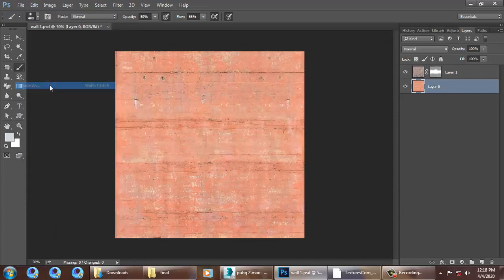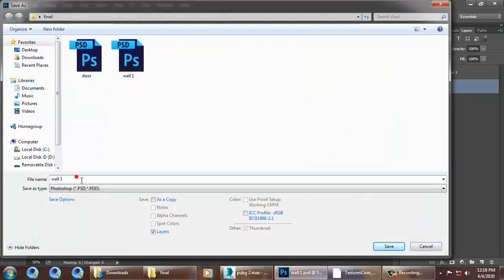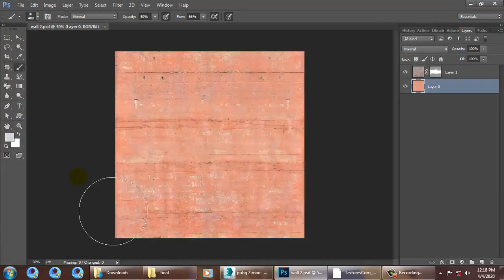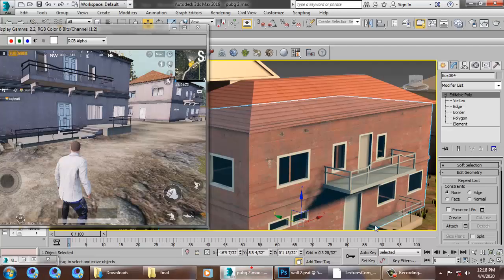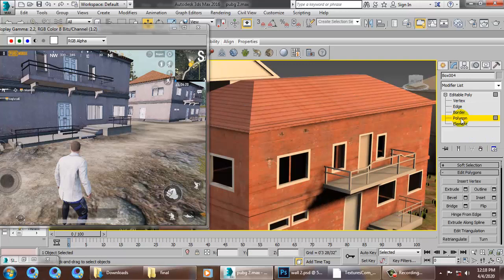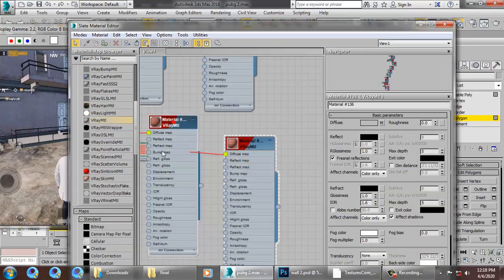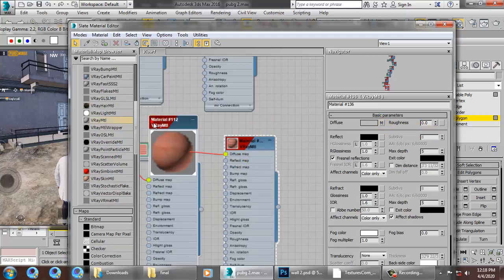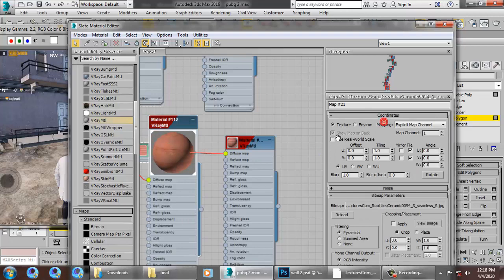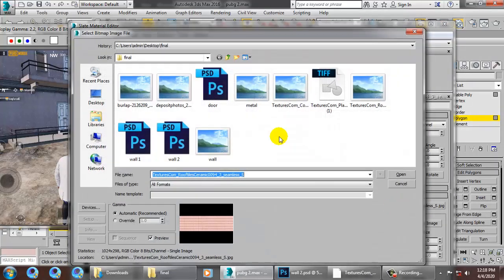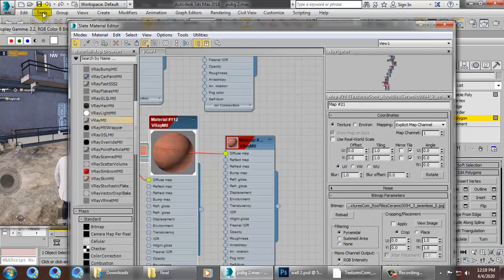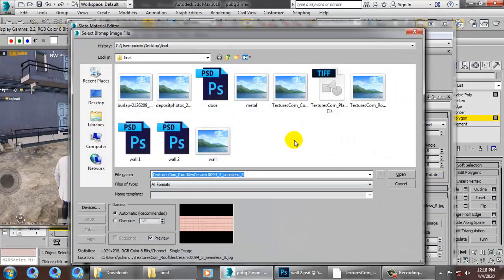Save as. So if I go into this and if I just change it, so first let me save this file. So if I just change it to this,